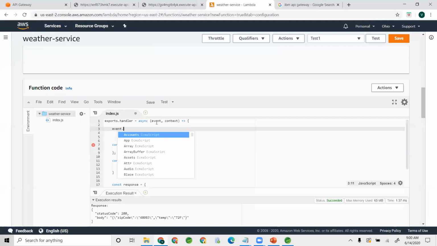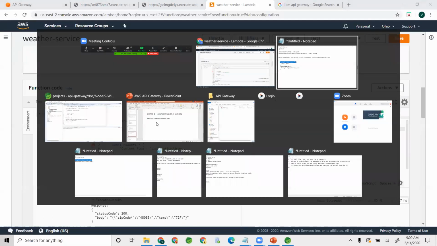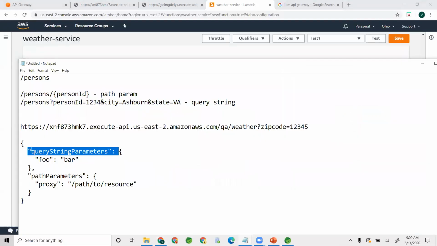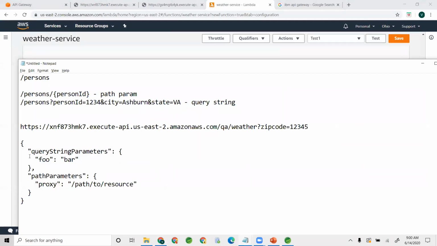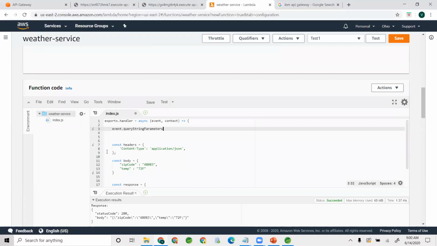So event, meaning this entire JavaScript object notation, this JSON object. Inside the JSON object, I have this query string parameters. So event dot queryStringParameters